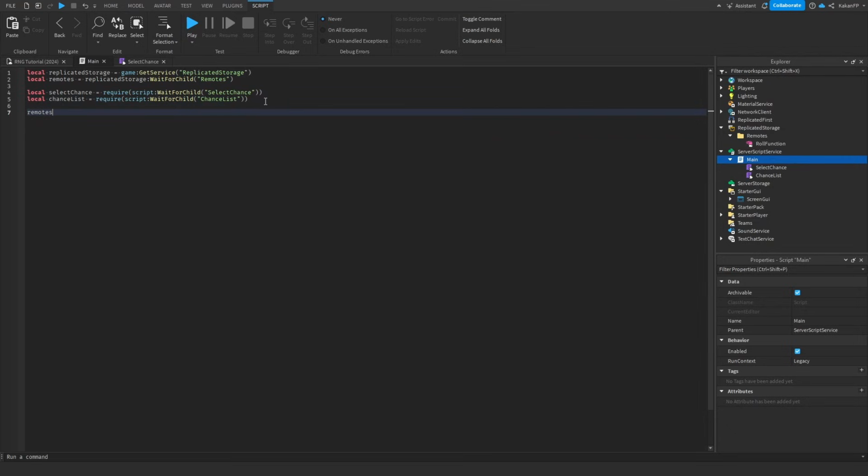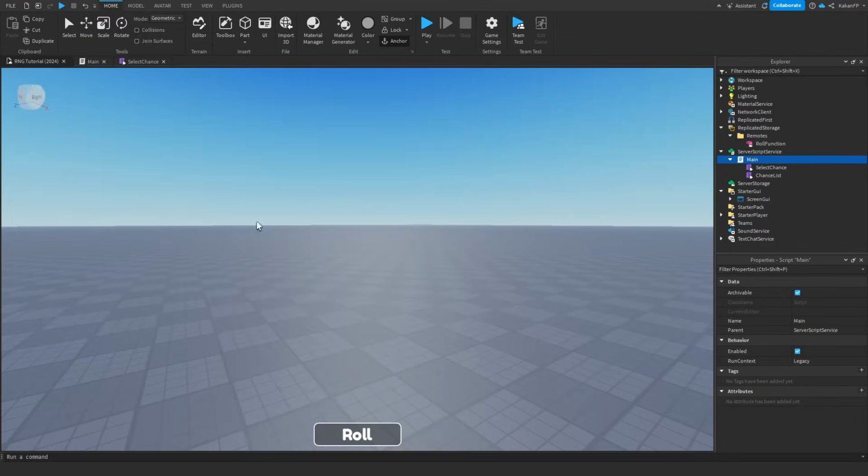And we can say remote wait for child roll function, on server invoke equals function player, and we can say local table equals an empty table, for i equals 1 comma. So whenever we roll, it will become an animation